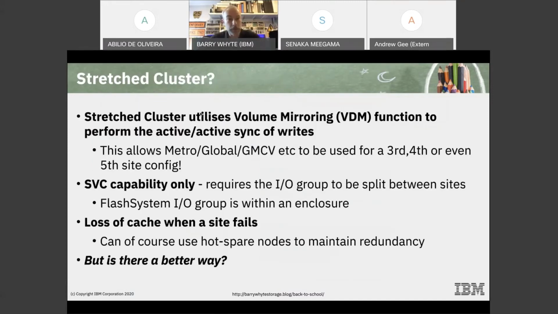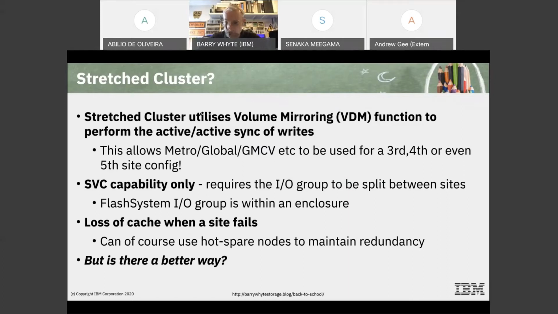So why would you use stretch cluster? Well, stretch cluster utilizes that volume mirroring functionality. It's not making use of any of the DR capabilities in the product. And so you could combine this with DR as well. So you can have this local HA functionality and then add in on top of that to have the Metro